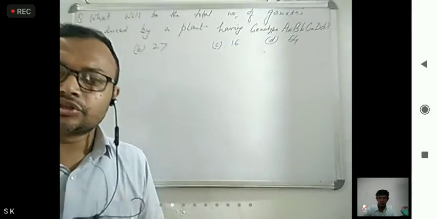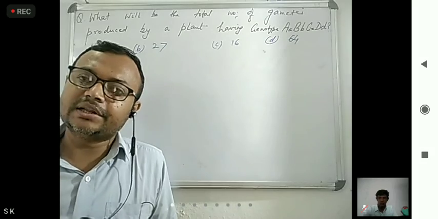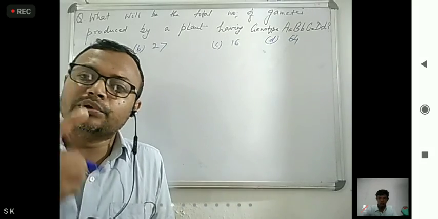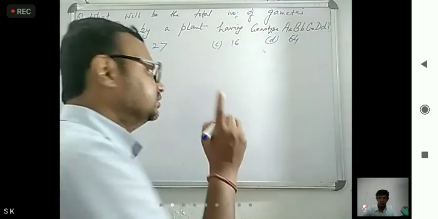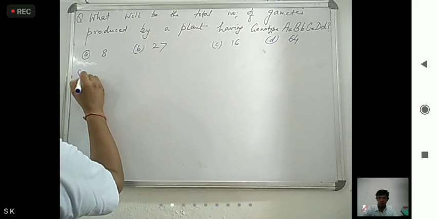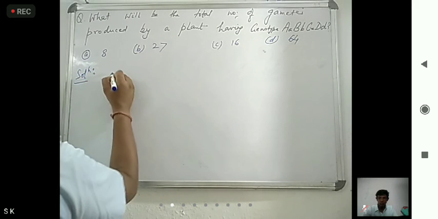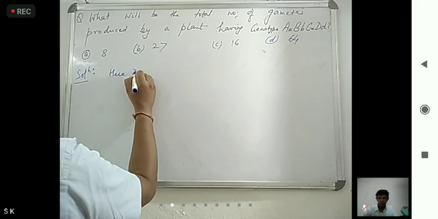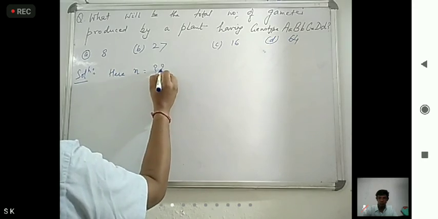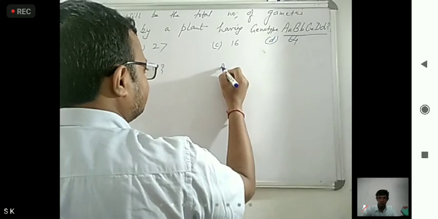So how can we solve that one? Try that. First we have to know the number of heterozygous. So the solution is: here we have to first find what n is, the number of heterozygous. So we have to write that A